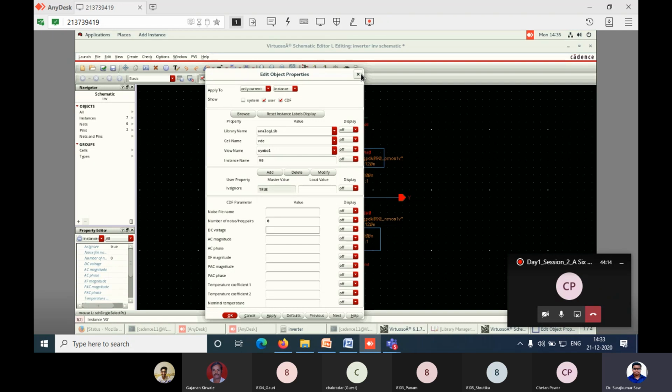Select VDC. Cancel it. Chakadhar sir, PC number 2, cancel this. Sir, cancel. Yes. Edit object properties. That window should be cancelled.